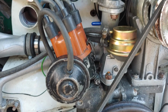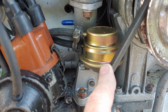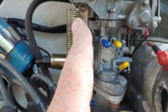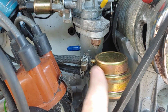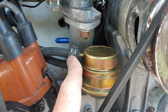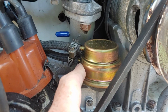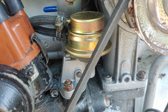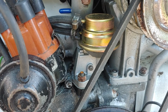So if you guys have followed from the last video, we had a major fuel problem. Fuel wasn't getting up into the bowl. And what I did was I reversed the inlet and the outlet tubes, so I had the fuel coming in, but it wasn't going out, so the fuel was going to the top. Anyways, you get the idea. So that was basically a $22 mistake, and these cheap